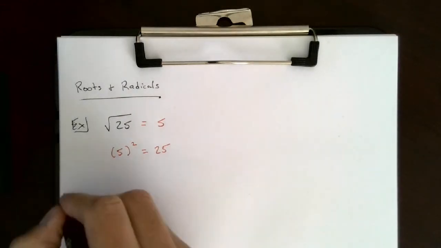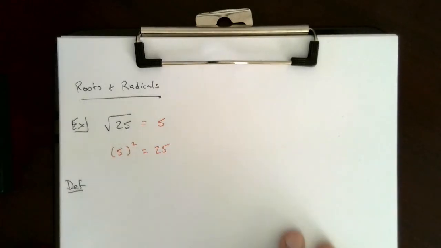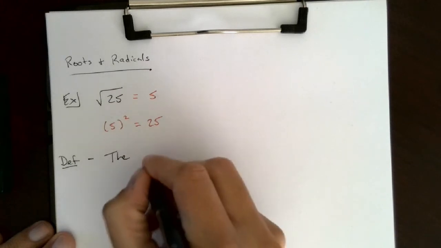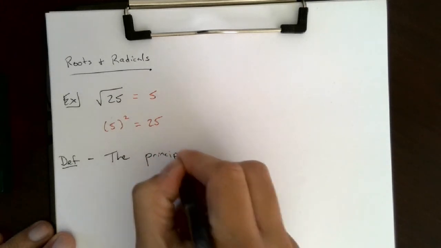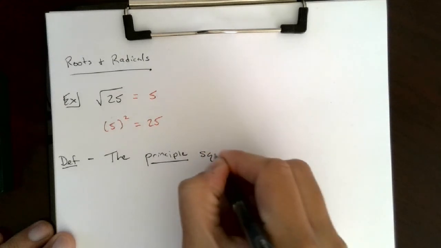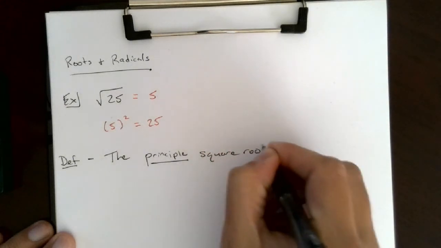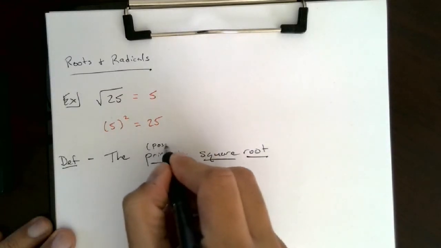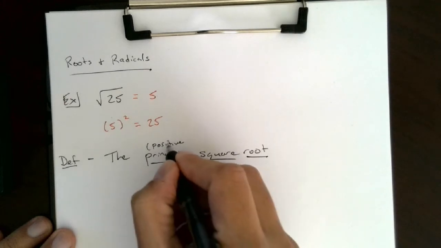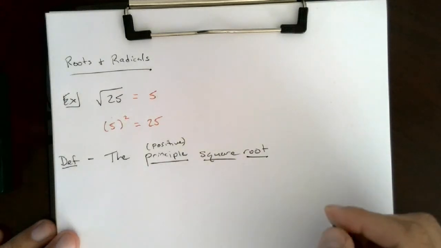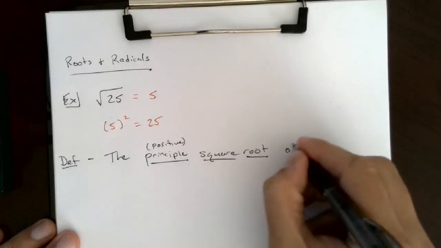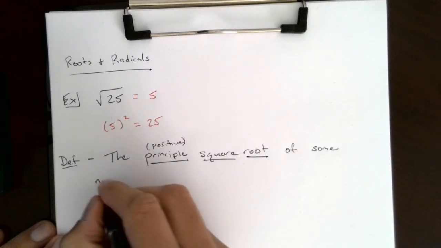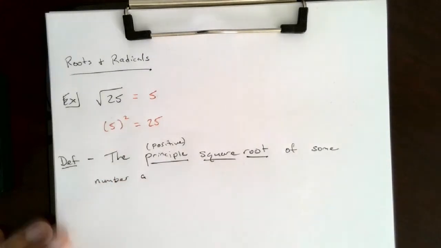This leads us to our definition here. And in this definition, we'll talk about the principal square root. When I say principal square root, you might want to think of principal meaning the positive. Right, so the positive square root, or the principal square root of some number a, right, so a is the number,